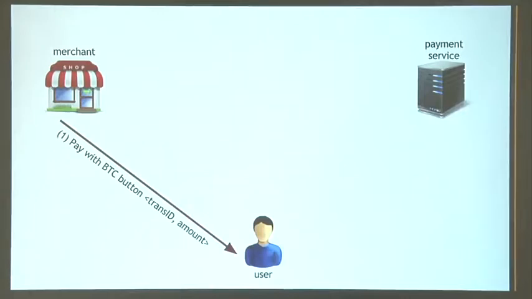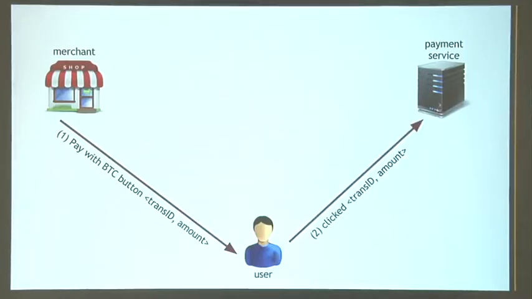It will contain a transaction ID, that is some identifier that is meaningful to the merchant in their own accounting system, along with an amount that they want to be paid. And this will basically be the magic HTML code that was provided earlier by the payment service. The user, if they want to pay with Bitcoins, will click that button. That will cause